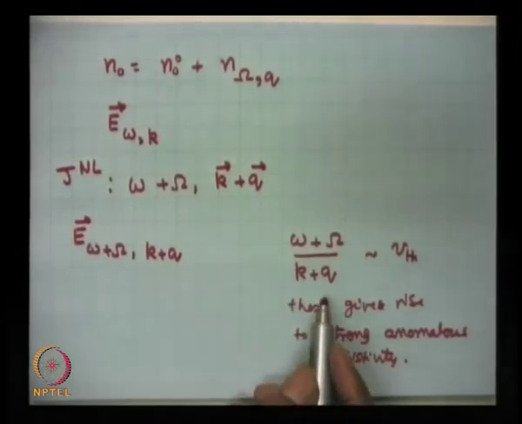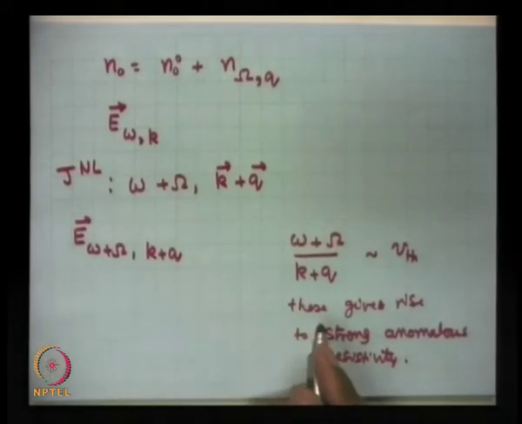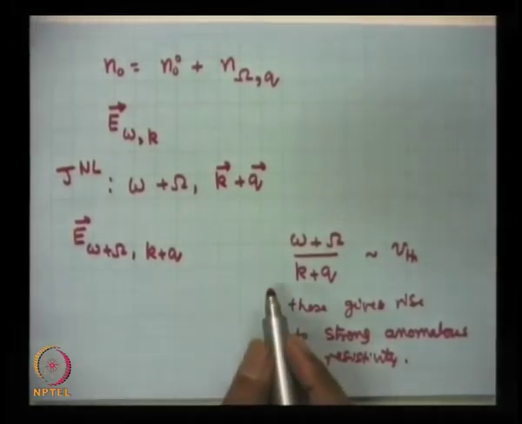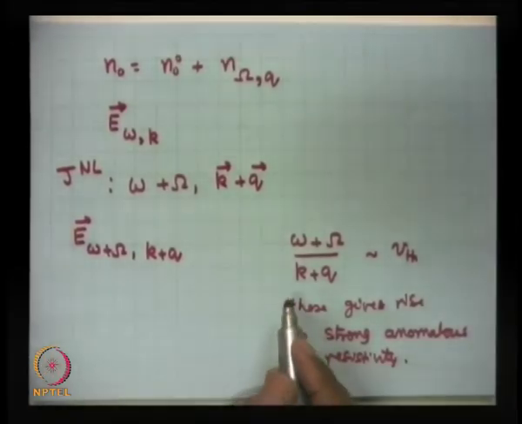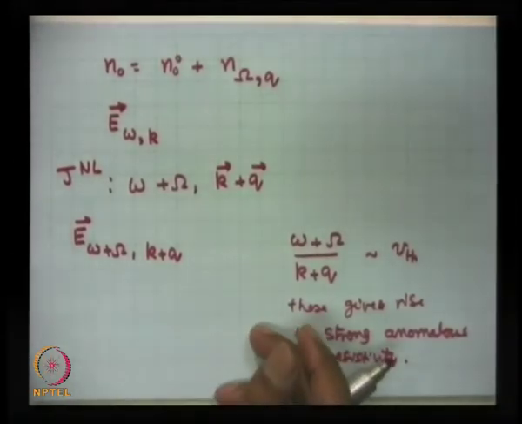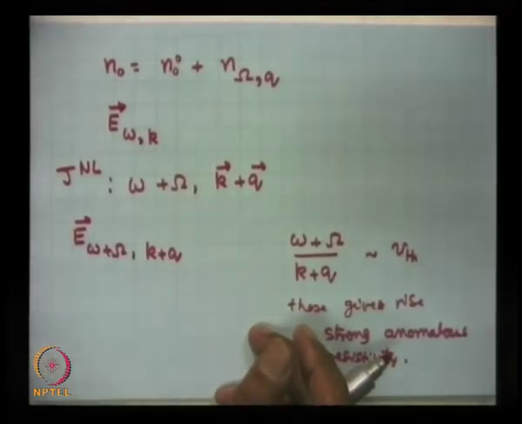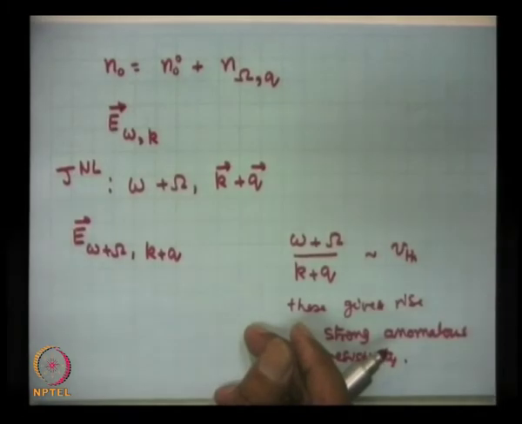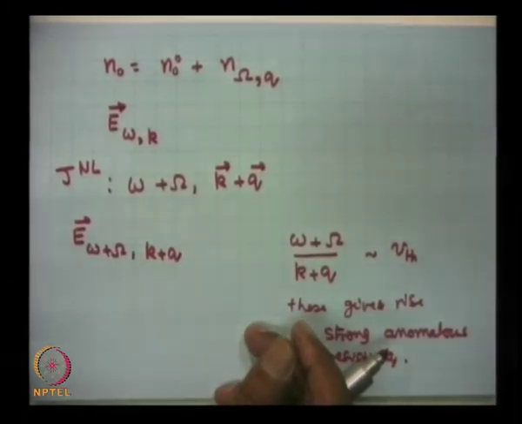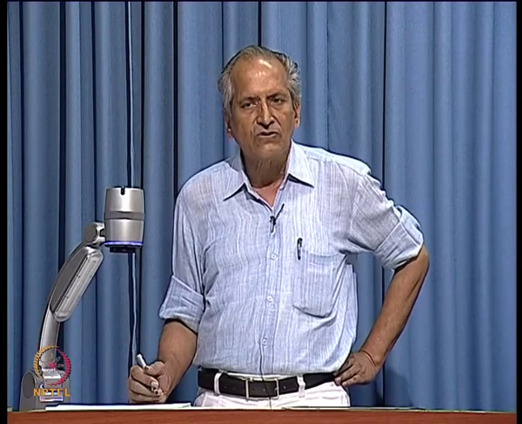So, what you require is the presence of a low frequency mode in the system. Now you may ask a question: the mode may not have a single frequency, it may be many frequency modes or many wave numbers. That is certainly possible. So, like the expression for anomalous resistivity contained modulus q square, you have to really sum over all such modes, and that is not difficult to do, and that actually becomes the problem of turbulence theory.